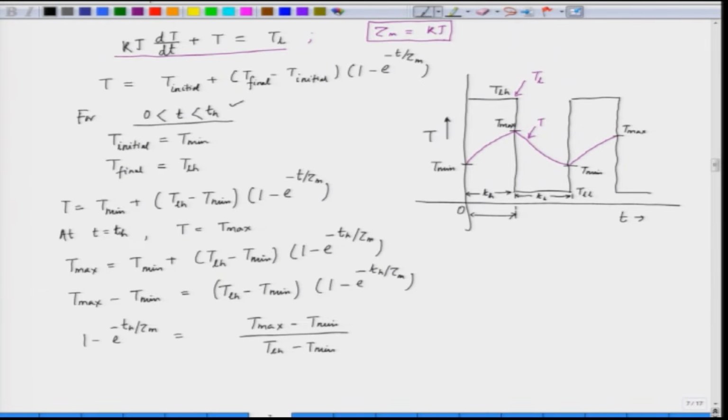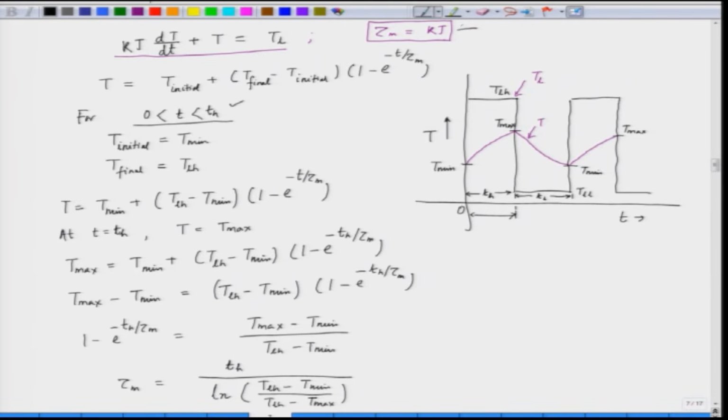Finally, after solving this equation, we can find out the value of tau m. So, tau m will be T h divided by natural log of T L h minus T minimum divided by T L h minus T maximum. So, this is the value of the time constant, which is tau m,